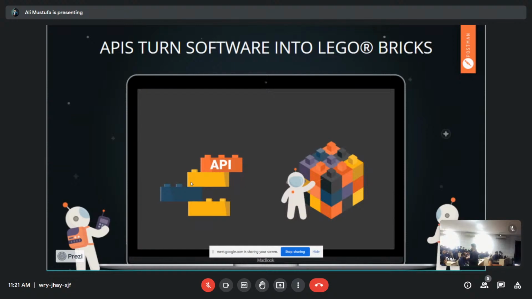Okay, so what did the developer do? The developer made his work easy. He did not have to create a sign-up system or a login system. What he did, he just integrated Google sign-on, and that's about it, right? So yeah, by the way, you can also do that. It's very easy and very simple to do. Okay, so yeah. So what do we consider APIs as? The software version of these Lego blocks, right?